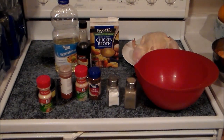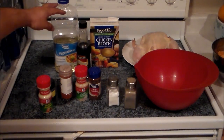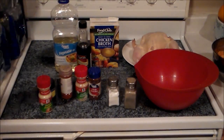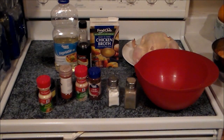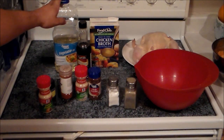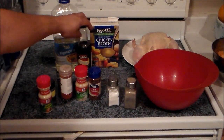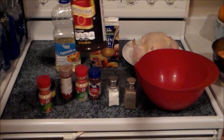Let's start here. You're going to need 3 tablespoons of oil. This is vegetable oil. The recipe says you can use a whole bunch of different kinds. It doesn't list vegetable oil, but oil is pretty much oil, so I'm just going to use what I have. You need a tablespoon of Worcestershire sauce,